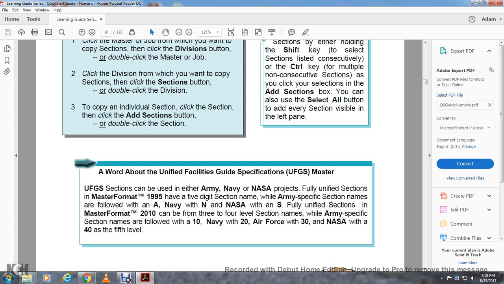A word about Unified Facility Guide Specification Masters. The Unified Facility Guide Specs can be used by Army, Navy, and NASA projects. Fully unified sections in MasterFormat 1995 have 5-digit section names. Army specification section names are followed by an A, Navy by an N, NASA by an S, and